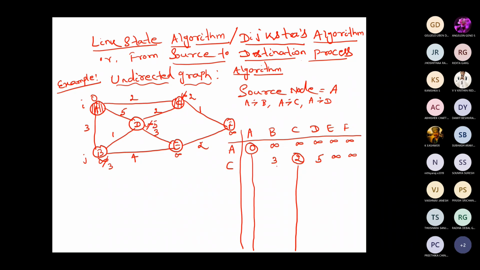Now come to the point. So we have to find out the distance of D and F with respect to node C. So for D, the new value of C is 2, the linking cost is 2, 2 plus 2 is 4. C to F, 2 plus 1 is 3. See guys, 4 is less than 5, that's why I am entering and updating the value, and 3 is less than infinity, that's why the value is updated.